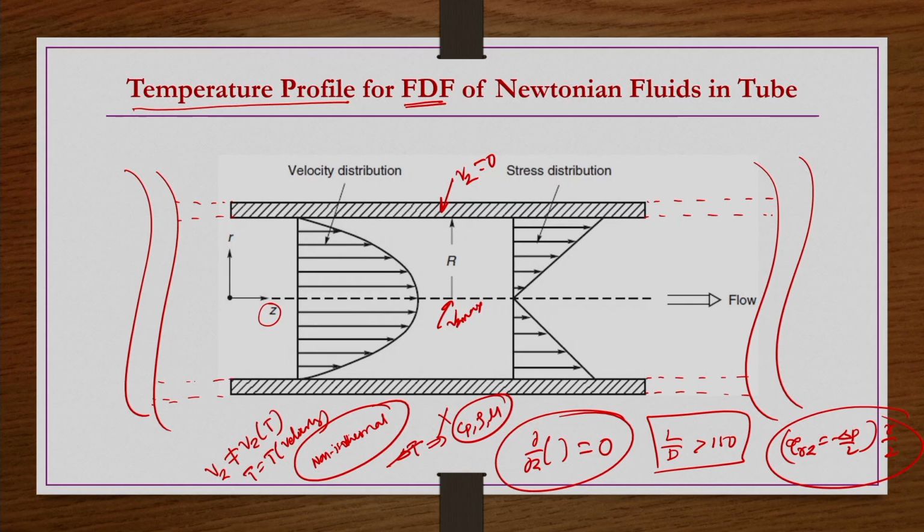For the temperature profile, we need conditions with respect to temperature also. Let us say at the inlet the temperature is T1, and the pipe walls are maintained at constant heat flux Q naught. The temperature at the center, we do not know whether it is maximum or minimum. So we are saying that the temperature is finite at the center, that is, at r equals 0 it is finite.